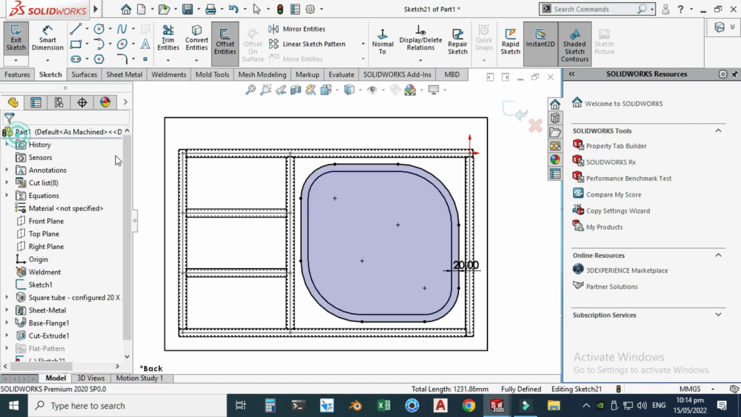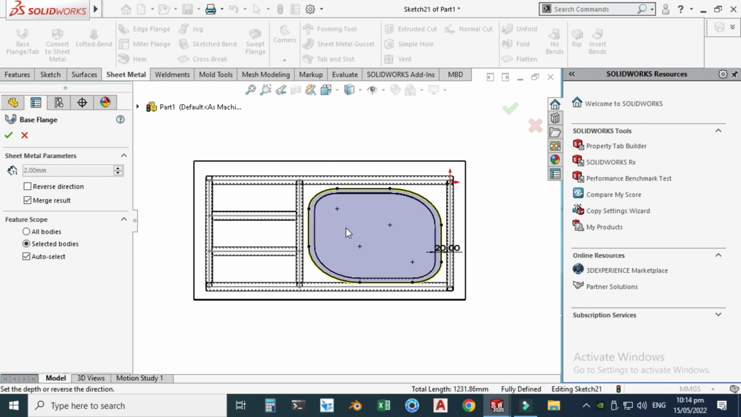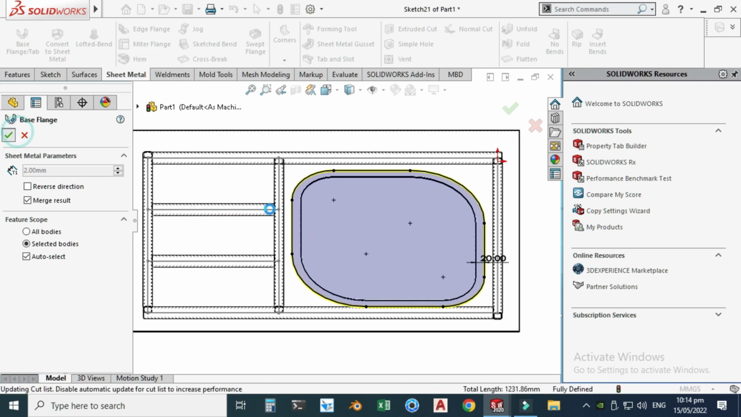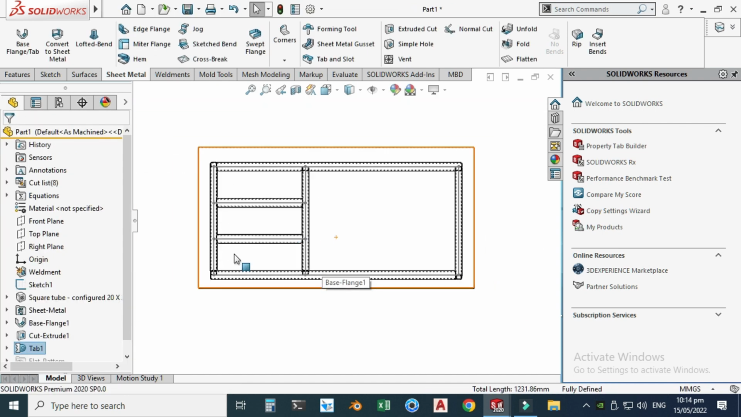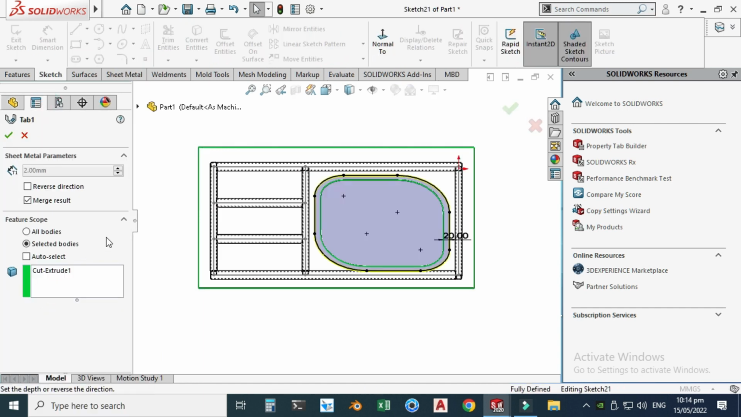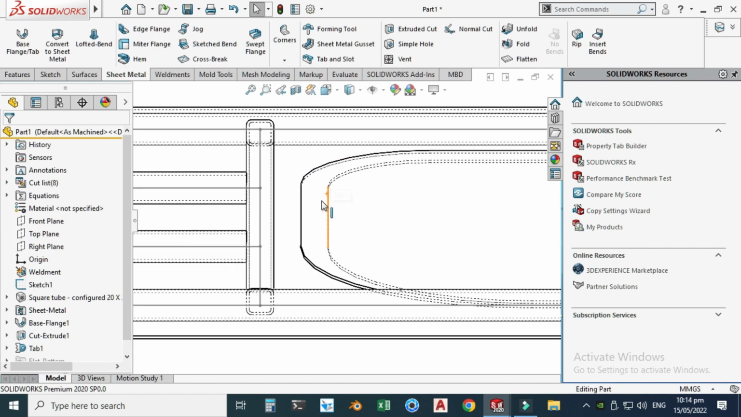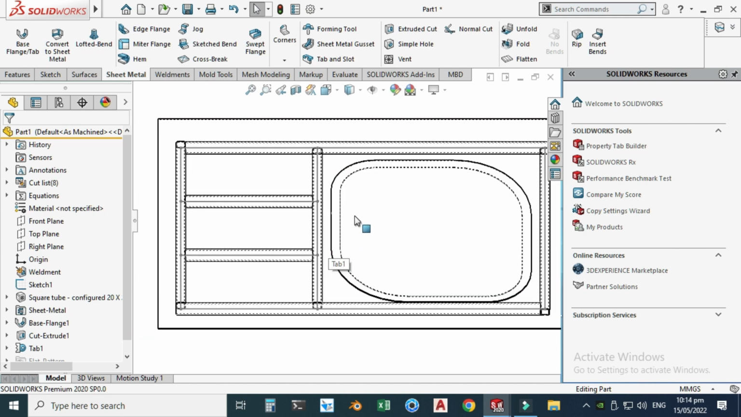Okay, so click here, and now you can see the offset of the same sketch. I will go to a sheet metal base flange, and we need a base flange of 2 millimeters, and click OK. Sorry, let's go to here again, and I will reverse this direction and click OK. And now you can see that a 2 millimeter sheet is pasted here, and now we will create perforations on